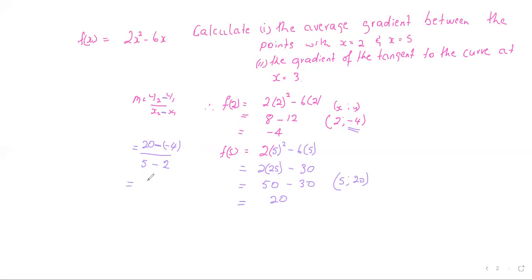Negative times negative is a positive. We add 24 divided by 3. The answer will be 8. That is, your gradient is 8. But the gradient of the tangent to the curve